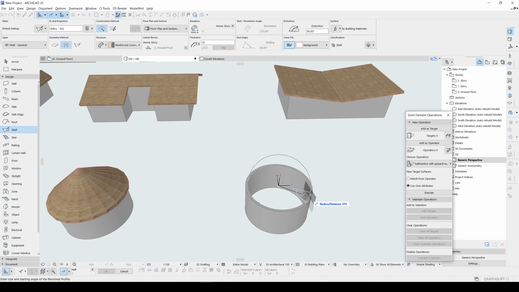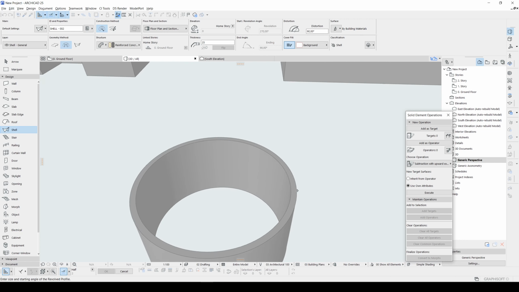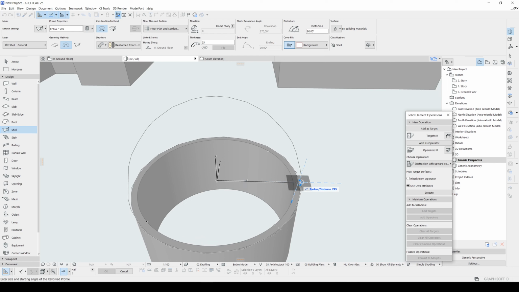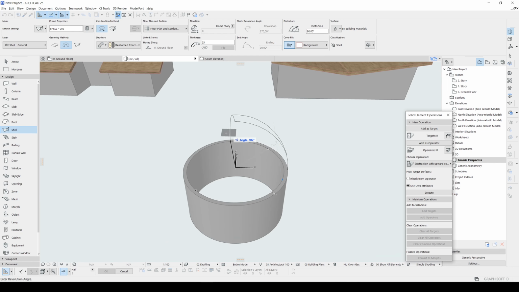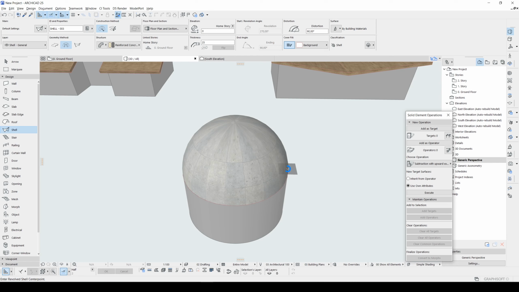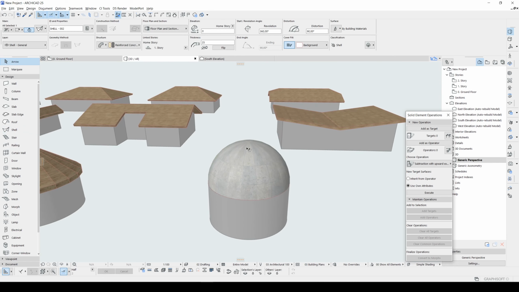Let's click it first. And second point will be the edge of the wall. And click that. And the third one will be determining our angle. Of course, it's going to be 360 degrees. And that's all. After doing that, of course, you can change your reference line.